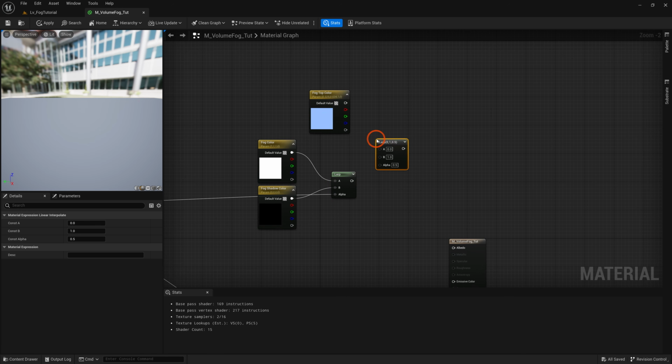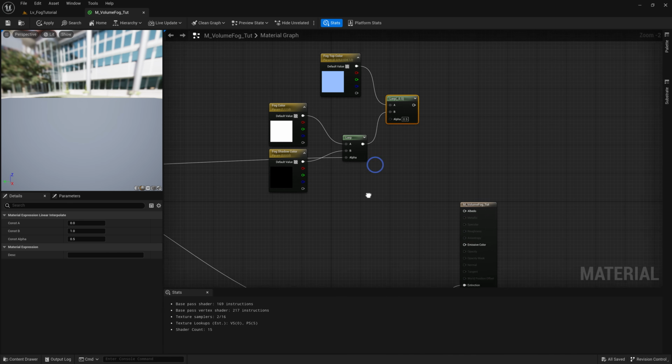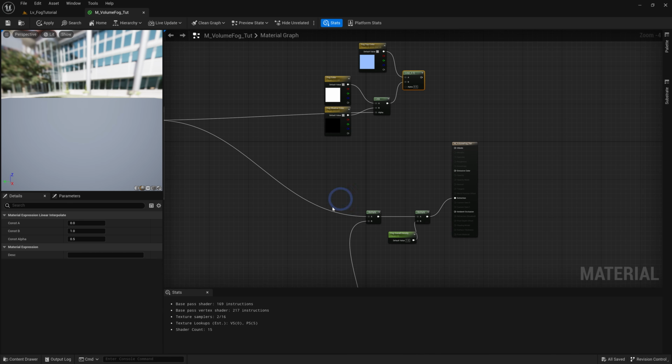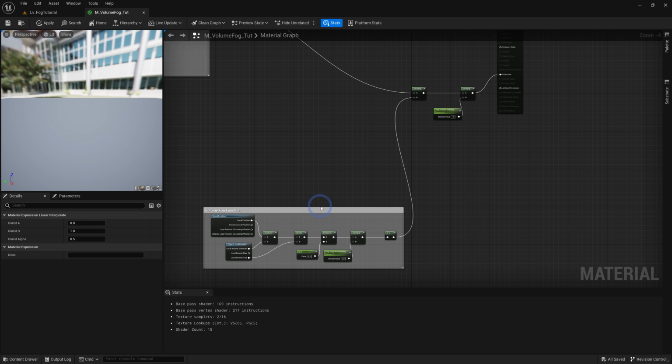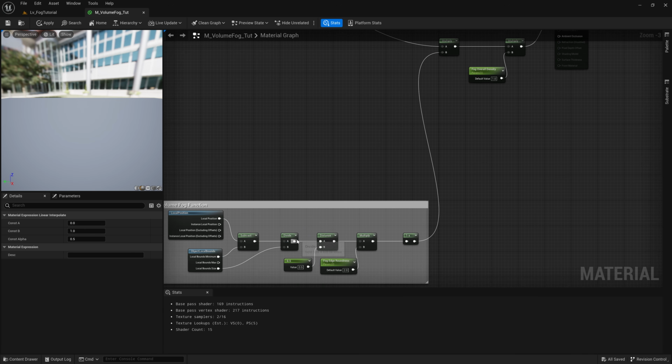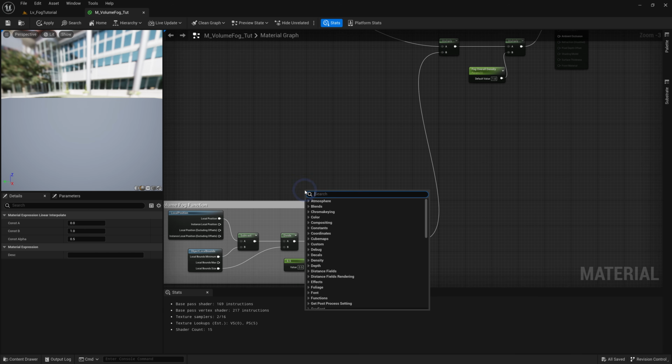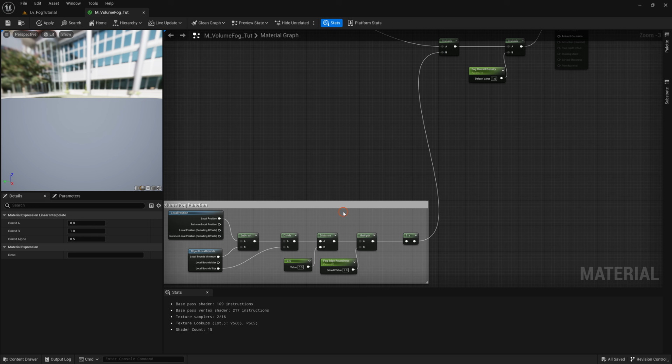Press L and left click for another lerp node and connect it like so. And for the alpha here, we're going to get the height value of the volume fog. So search for a component mask. In the details panel, unclick R and G and only check B,